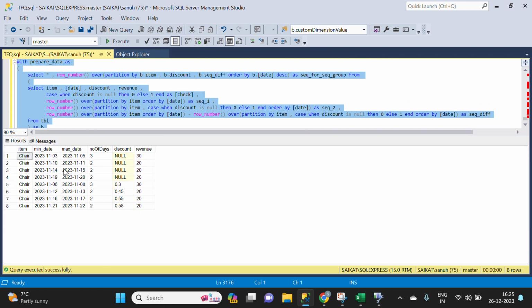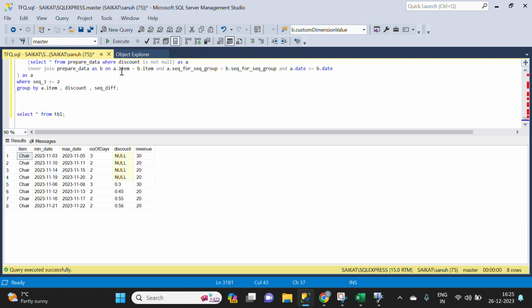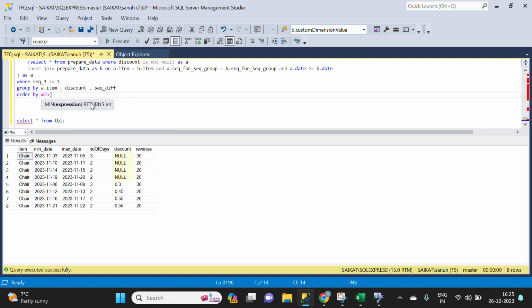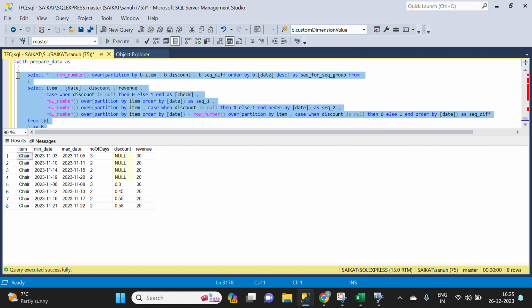Let me order it, so you will get what I'm trying to say. Let's say I'm going to do it by a dot date, right? So if I run this, see, for 6 to 8 we have 3 days, and the previous null also